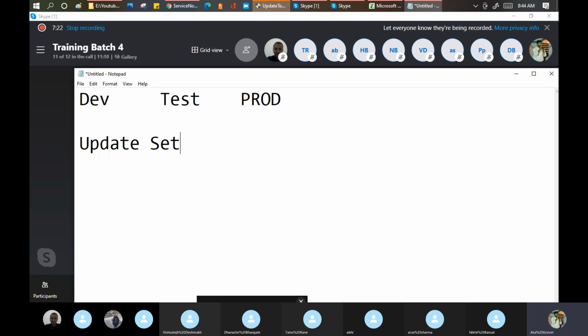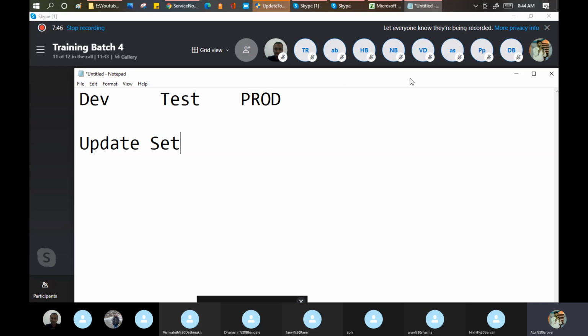So an update set is a container which stores your configuration and your customization and helps you to move your logic, your configuration or the customization from the lower environment to the upper environment.